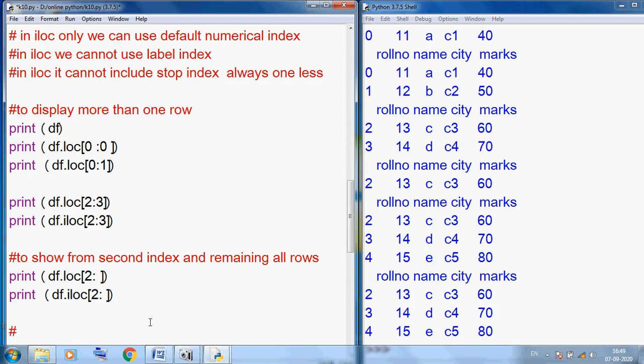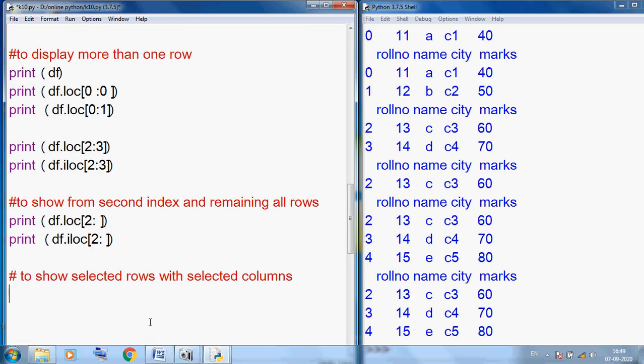Now the new thing is to show selected rows with selected columns. This is a very important advanced thing. We can select rows, and in the selected rows we can also select particular columns. Very simple. First we display our table, print df, Control S, F5.